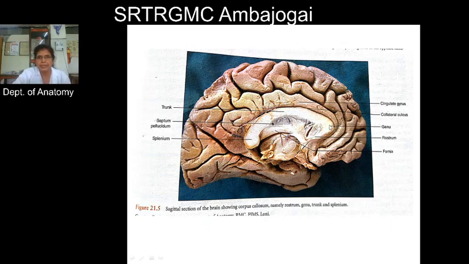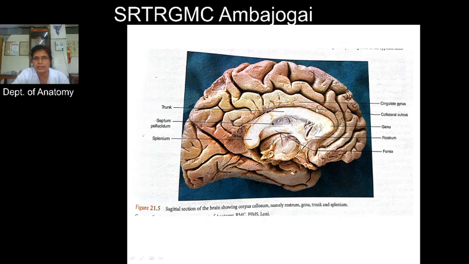They are not named here, but I will show here. See above this corpus callosum, this arrow is tracing that sulcus. Above this corpus callosum there is the callosal sulcus. Then this is the cingulate sulcus, which turns upward and ends at this superomedial border, and now this area between this callosal sulcus and the cingulate sulcus is the